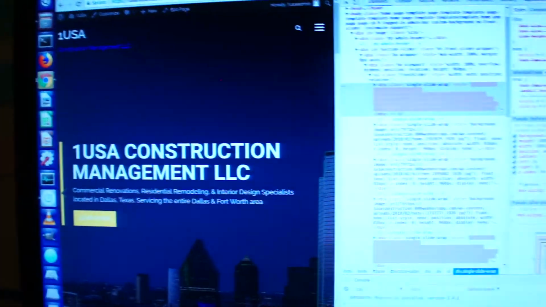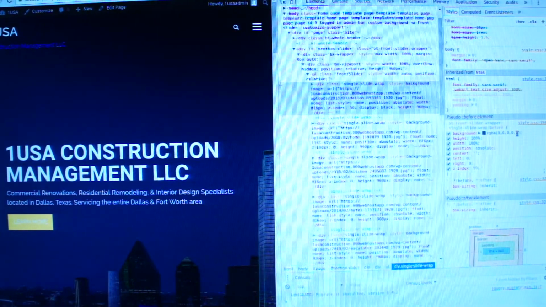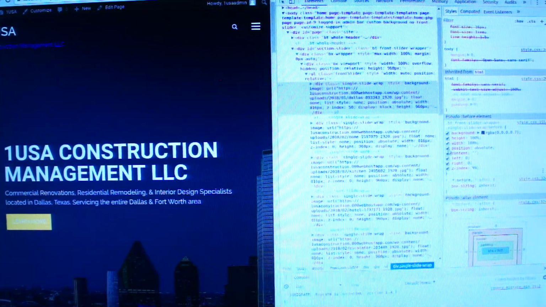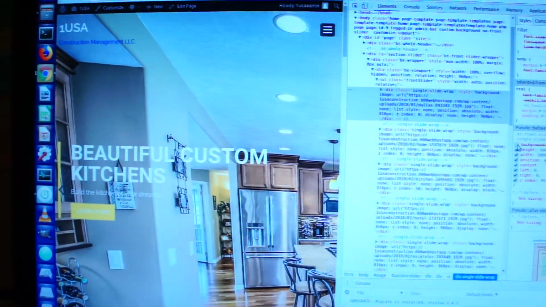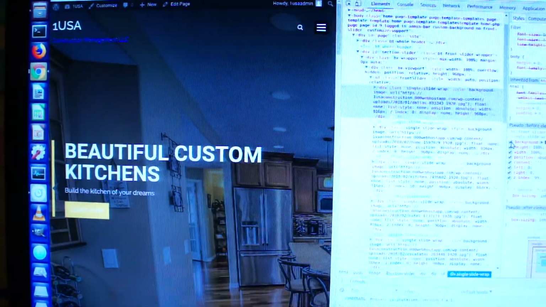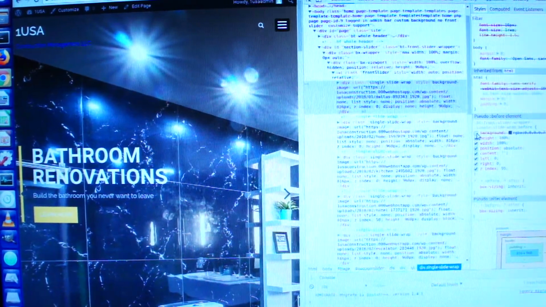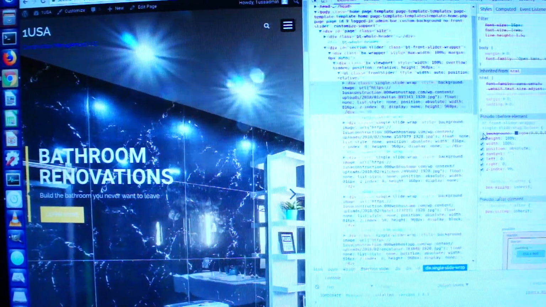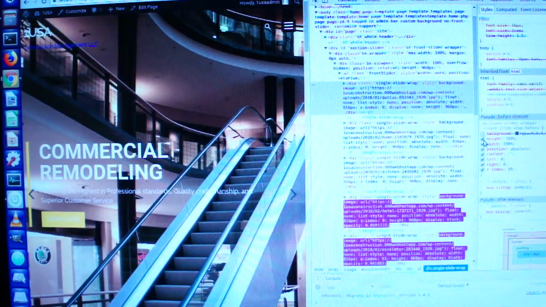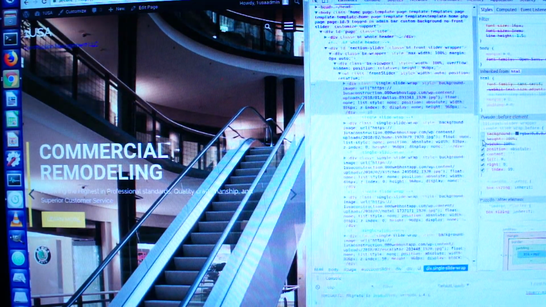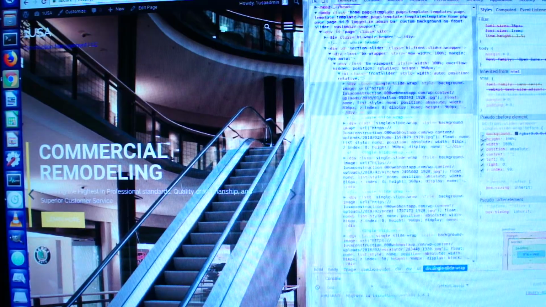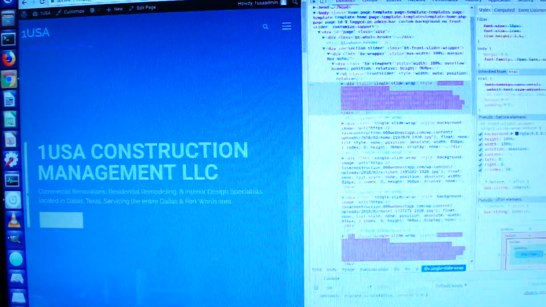Oh, let me try to center this camera. There we go. See these check boxes right here? What I can do is uncheck this, and boom, you can see the background light up right there. See? I'll check it back again and uncheck. Basically turn on and off elements, CSS styling, all you want. You can change the height from here, width, take it all off. And what's really cool is you can go back here and